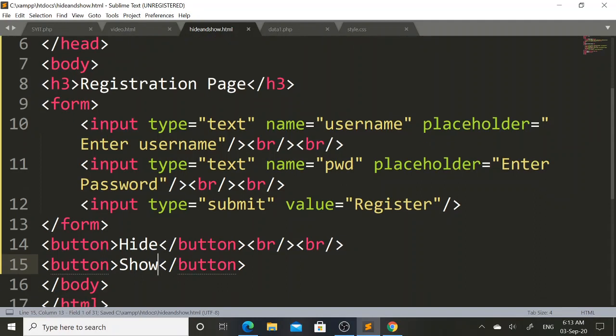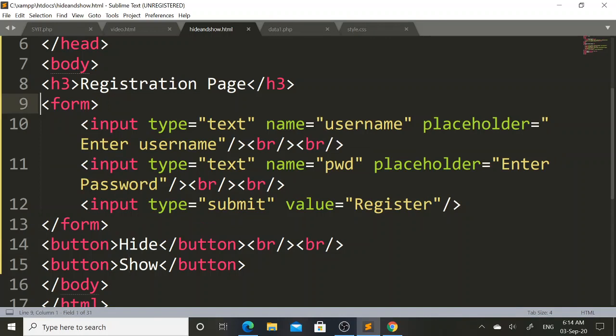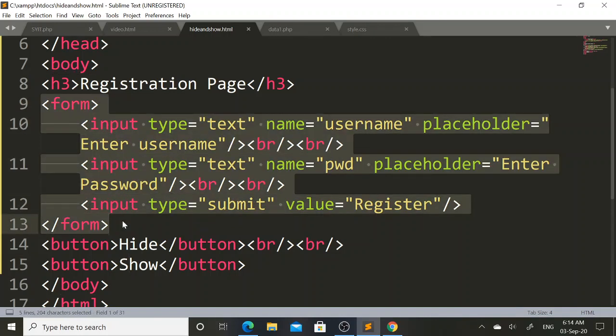So when user will click on this hide button, this registration page will get hidden, and when user will click on show button, this registration web page will again appear.